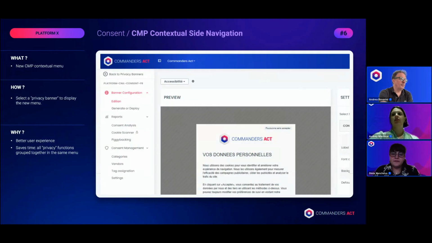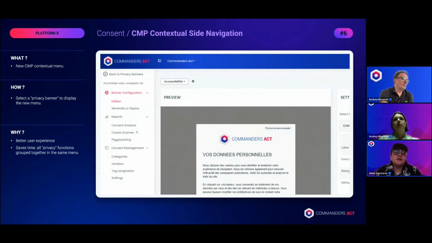So we had also some additional adjustments on the CMP Contextual Side Navigation. What does it mean? So we changed the menu. Some of you have already noticed that we had changed in the past the menu to our tag management. Now the same thing happens also with the consent management.